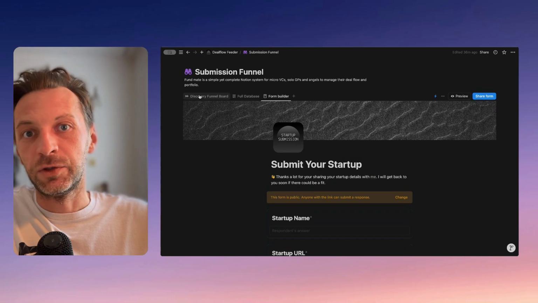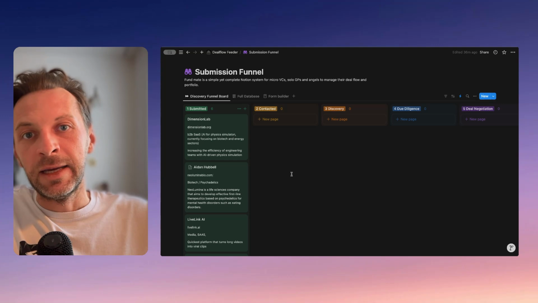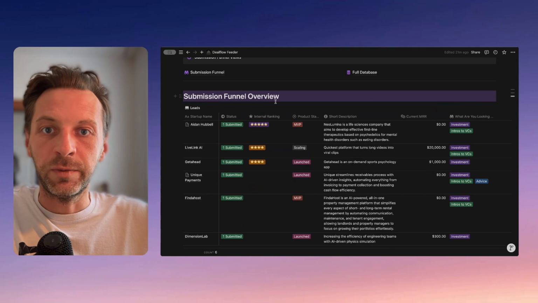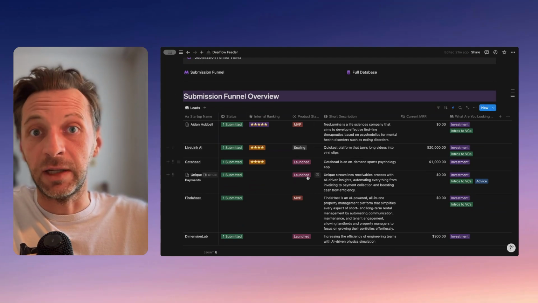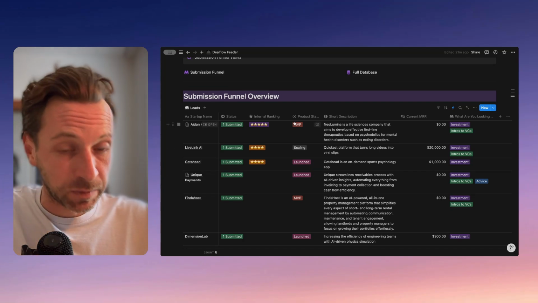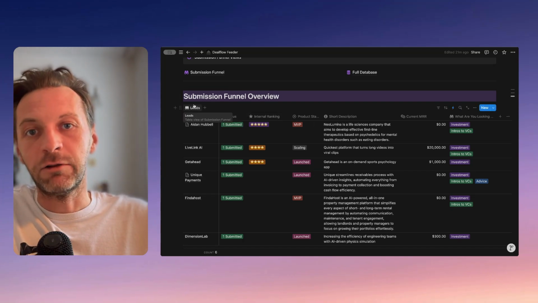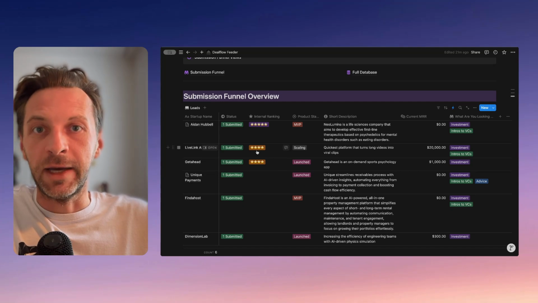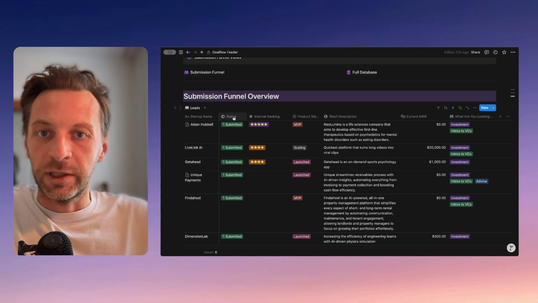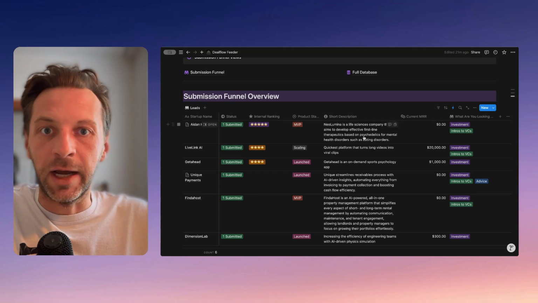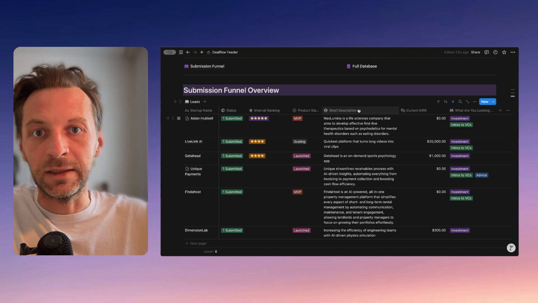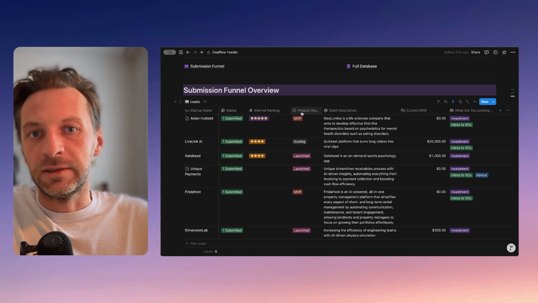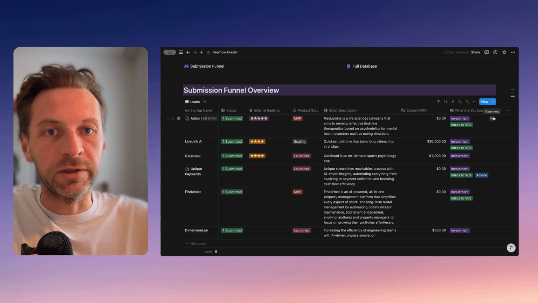So let's move to step number 3, and that is creating some kind of view for you to be able to see these results that you get as the form is filled out by your users. So this is what I have created here. This is a new view of that table, which just features all the things that I want to see as these deals or forms come in. So that's things like product stage, description,